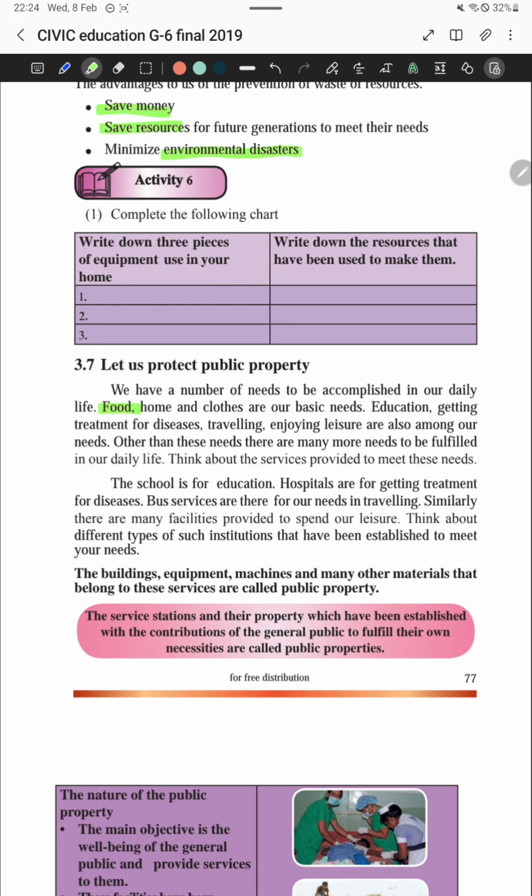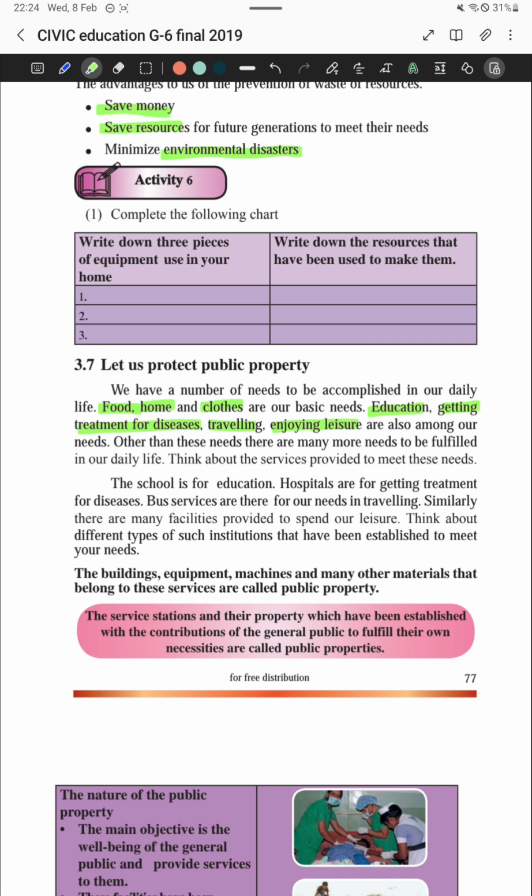You know that food, home, and clothes are the basic needs of a human. But there are many more: education, getting treatment for diseases, traveling, enjoying leisure time, right? Those are some of the extra needs that you are expecting, so as to be accomplished as a human using public things, right? So when you are accomplishing these needs, you must know